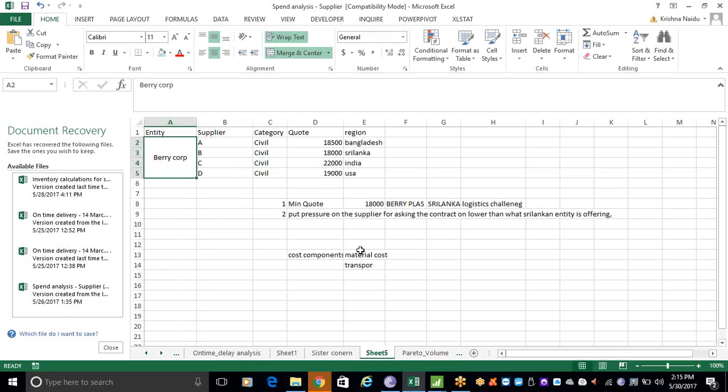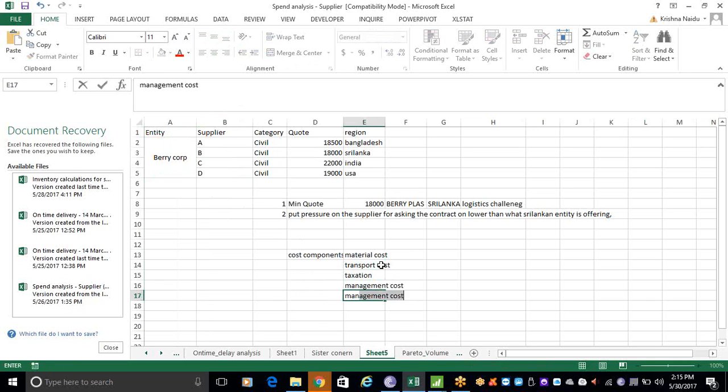So he has material cost, transportation cost, taxation, manpower, management cost, documentation cost, licensing, port charges. That's all material, because that comes from the transportation cost. So when you understand all these components,